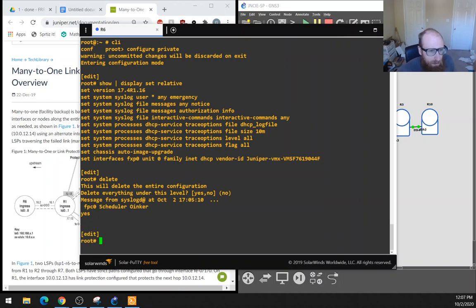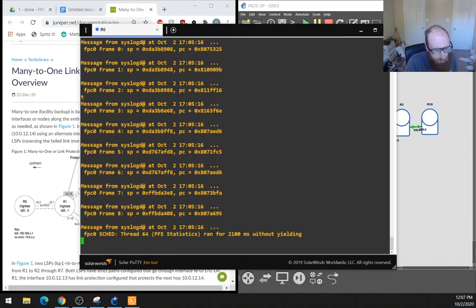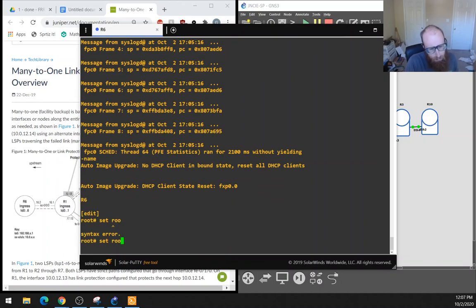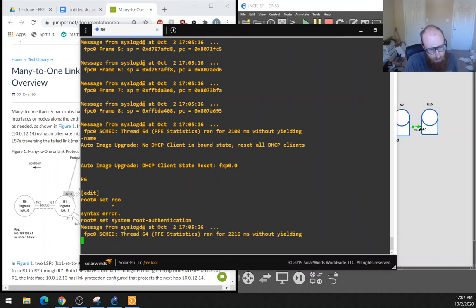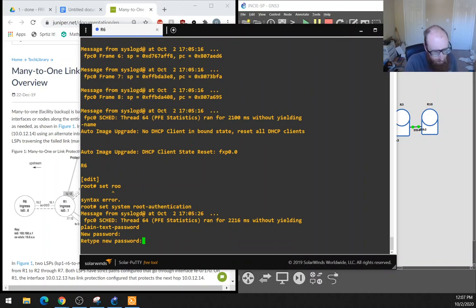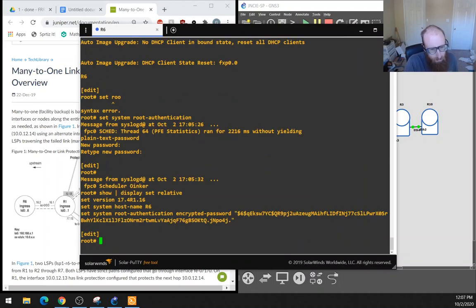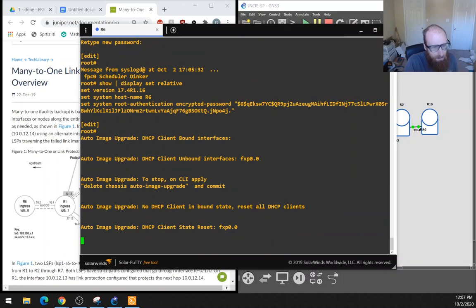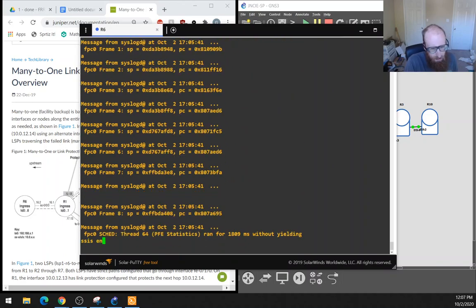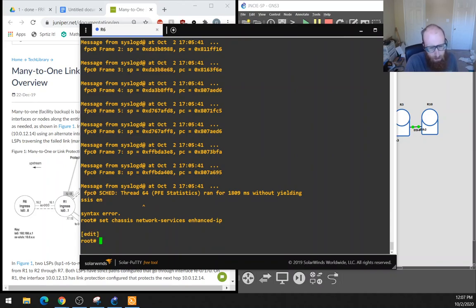Okay, so I can delete that. So yep, we're gonna set the version, set system hostname R6, and then set system root authentication. Okay, so yep, all that's going to be fine. Oops, I'm missing one more. It's going to be set chassis network services enhanced IP. This is what takes it out of Triton mode, but